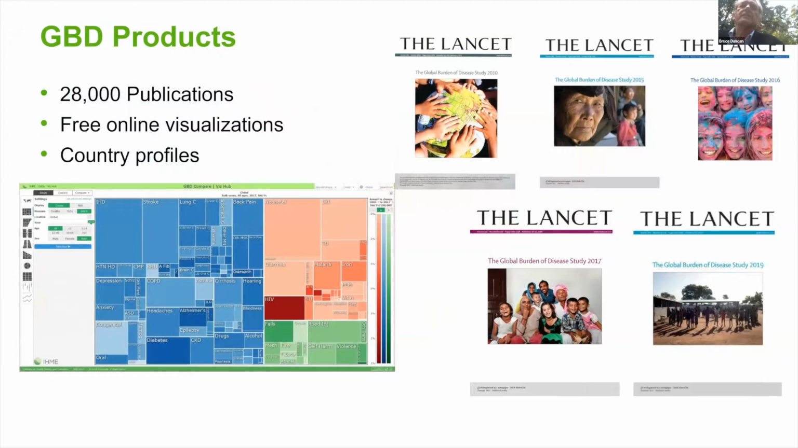Okay, let's move on to products. What has GBD produced? Well, GBD has produced a tremendous amount of stuff. 28,000 publications and counting. Free country visualizations, which I'm going to talk about a bit more, and also profiles, which you can find on the internet for your country if you're interested. The main publications are called capstones. They come out around every 2 years, although the pandemic has thrown things a bit off. And they are published in the Lancet, put together into a single issue,